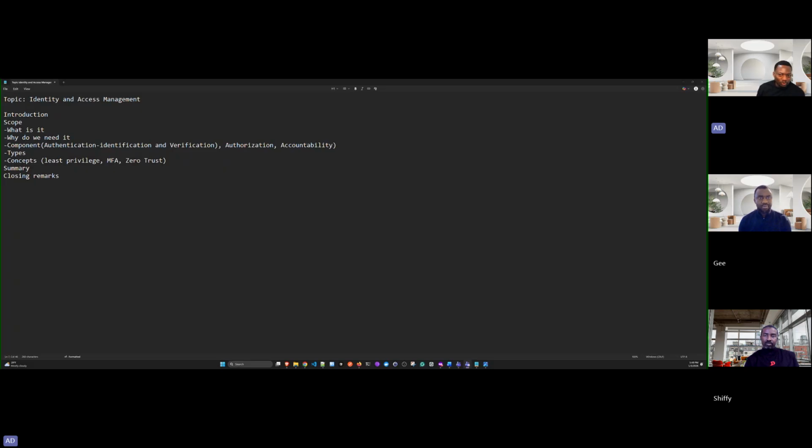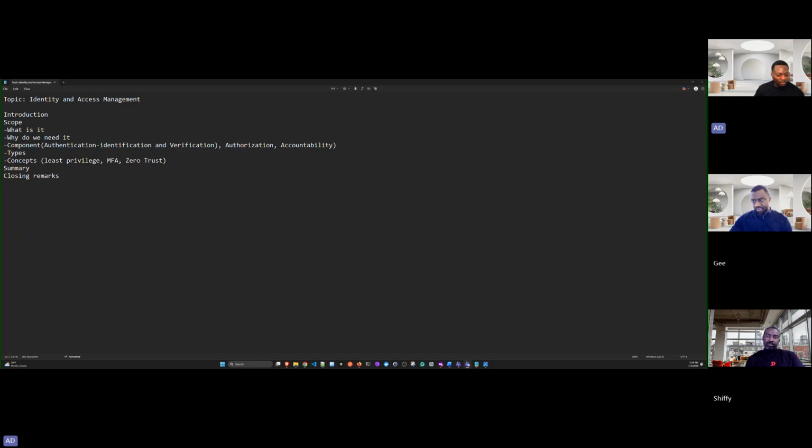It consists of two pieces. The identity piece is where you try to identify a user or identify an entity. The entity could be a user, a machine, or a group of people, but it's the ability to identify yourself. I'll use a typical analogy: if you go to a hotel where you have a room, they ask you for your identification, your ID, for them to verify if you're actually the person that booked the hotel room. That's the identification part of identity.